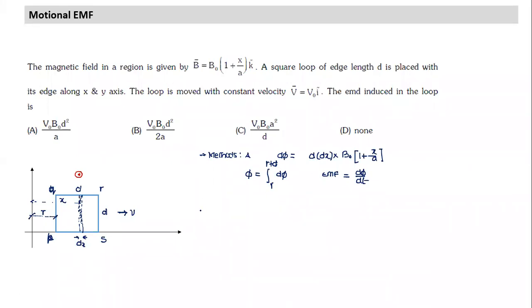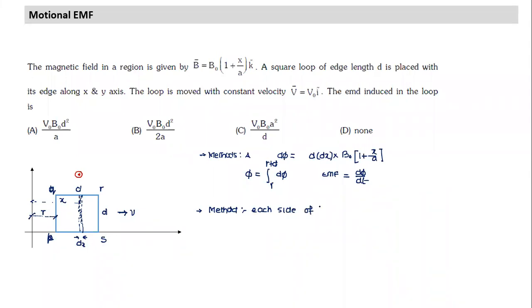That's one method. Can we think of a second method of calculation of EMF here? We can take each side as a rod, so take 4 rods. Rather than calculating for the whole loop, I'll calculate the EMF developed through each side of the loop. Second method, each side of the loop.